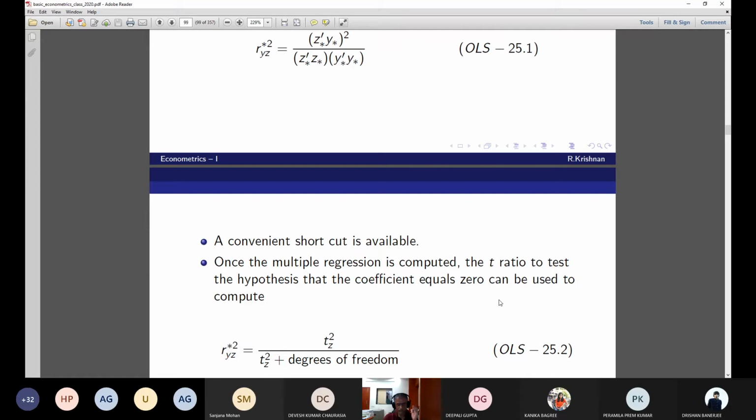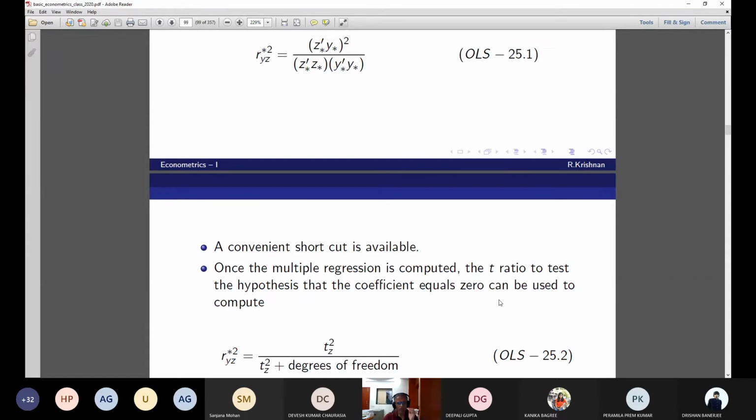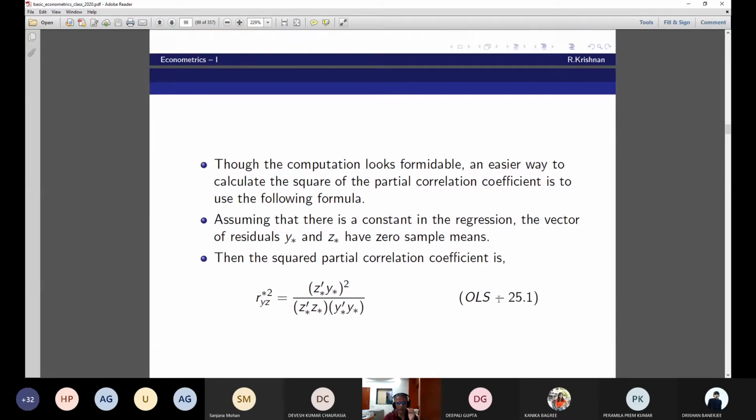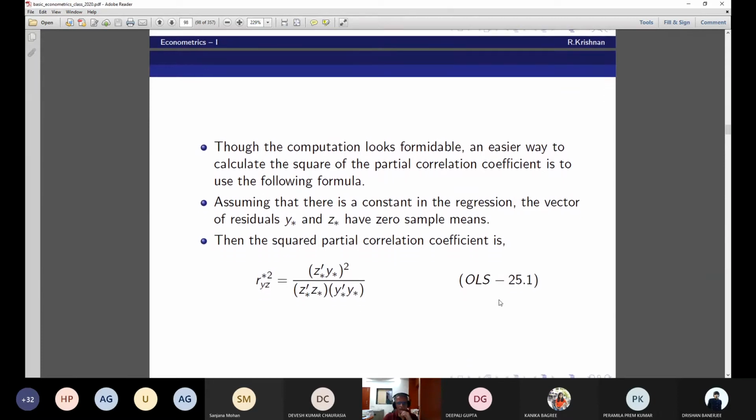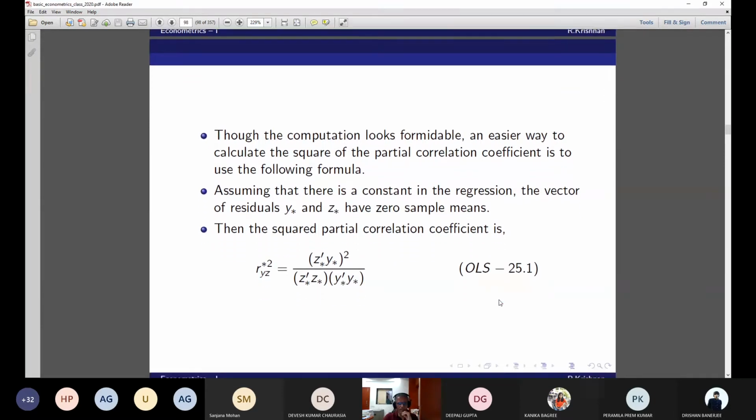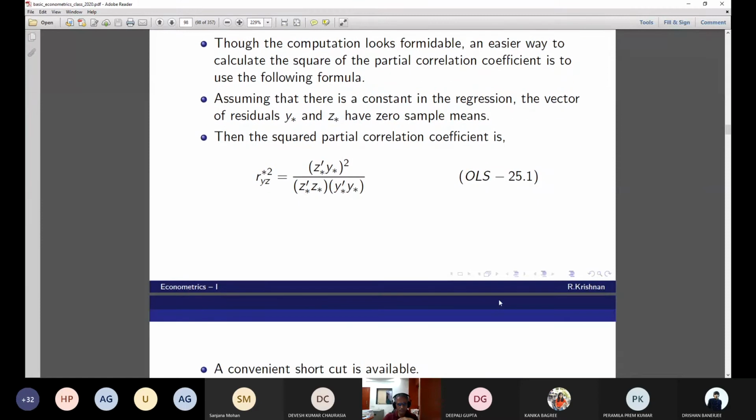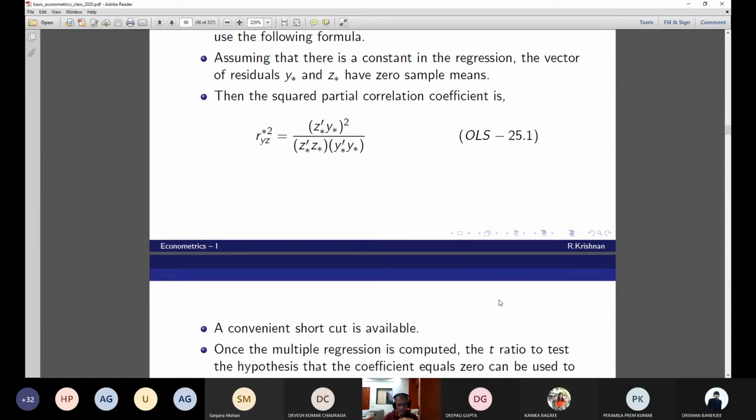Yes, sir. Why are we taking R square? Why is R square equal to rho square? Is that relation we are taking into account? R square is equal to rho square. When we regress Y on X1 and X1 on Y, then we find rho. That correlation is always there in the single variable analysis. Remember, in a simple variable relation, the square of the correlation coefficient is the R square. Do you remember that relation? Yes, right. That's the reason why we take it.